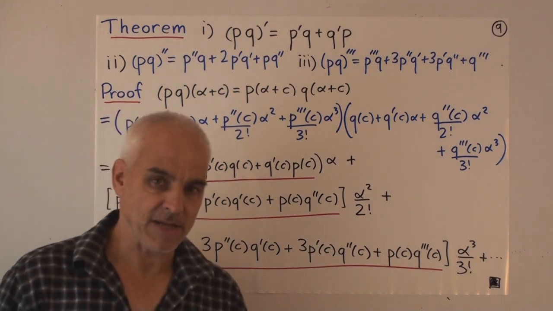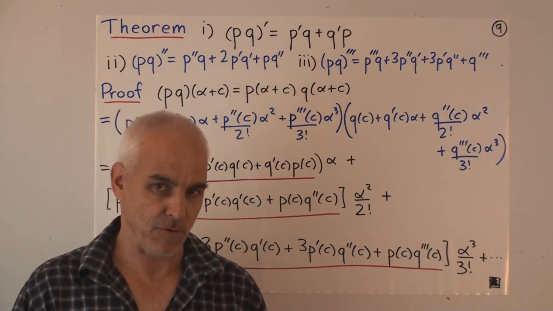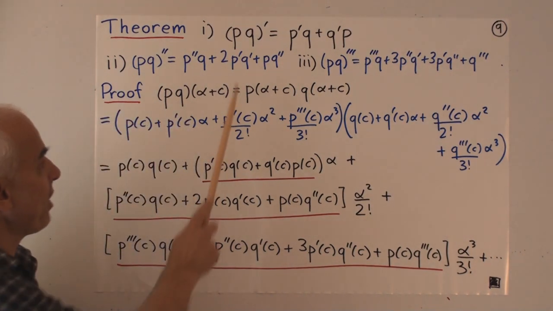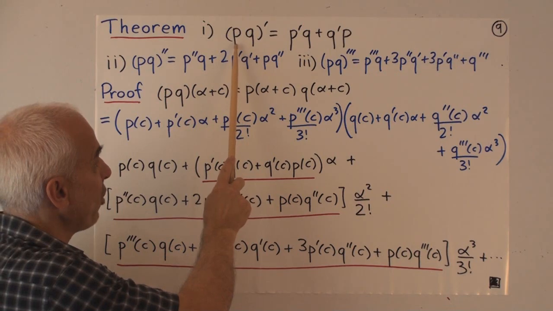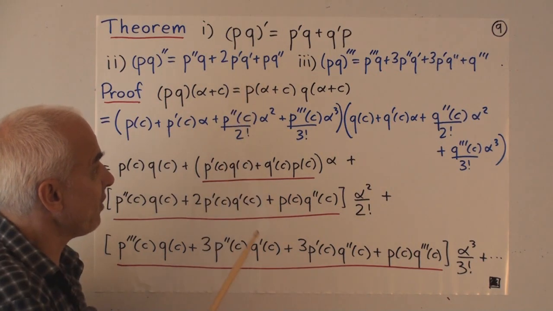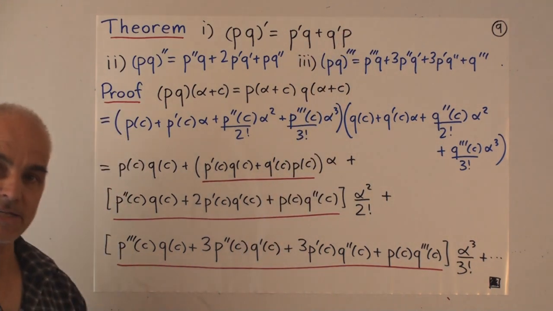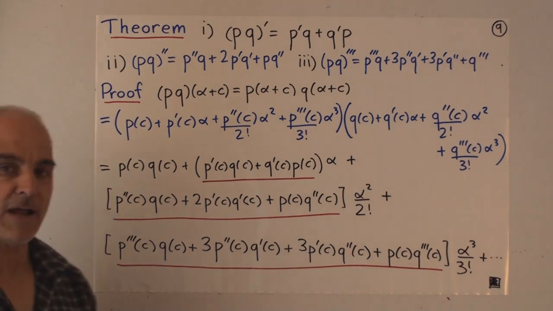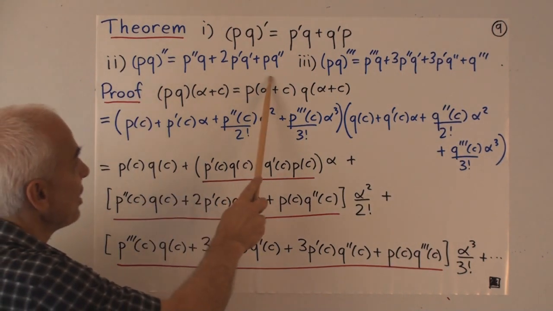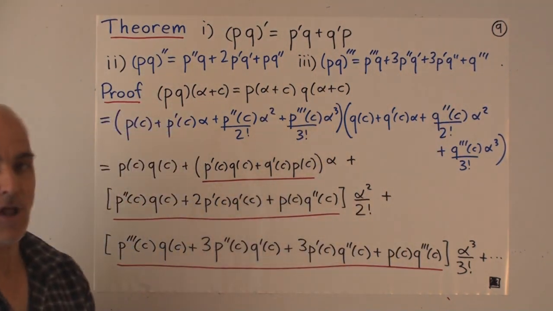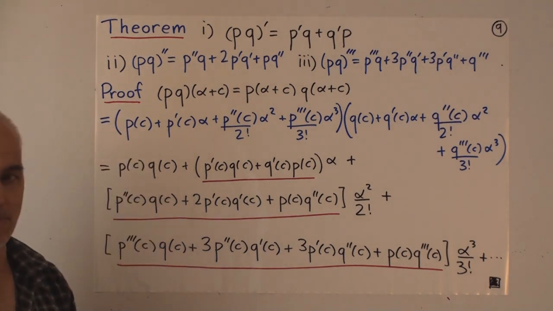So if you're a teacher of calculus, you might say, but wait a minute, you're not going to be able to prove a lot of the basic properties of the derivative with this approach. For example, what about the product rule for derivatives? If you have two polynomials p and q, and you multiply them and take the derivative, you get p prime times q plus q prime times p. Can we establish that result? Well, in fact, we can do that very easily. In fact, we can even do better. We can also establish two higher order analogs of that, which go back to Leibniz. And the proof is very simple.